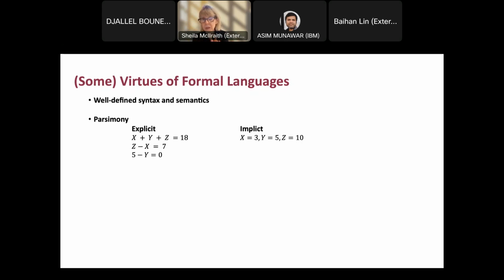But I wanted to illustrate it first with just a set of linear equations. So x plus y equals z, y plus z equals 18, z minus x equals 7. Those are three things that I've written down explicitly, but implicit in there is that x equals 3, y equals 5, and z equals 10. We can perform some sort of systematic manipulation of those sentences and produce some more information that is actually embedded or implicit in that representation.